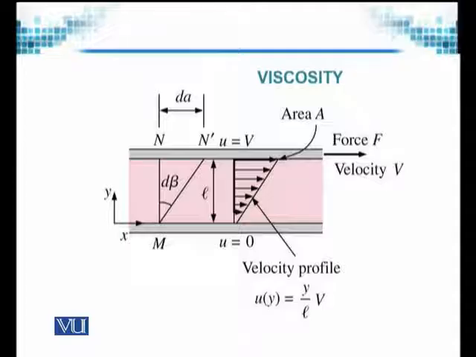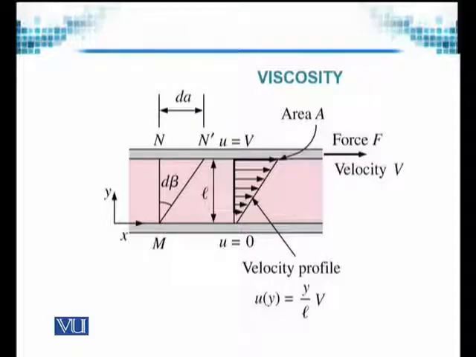So the parameters we have told you: the x direction and y direction are two coordinates, and we are considering its movement. So as I said earlier, u of y, that is the axial component which changes with y, is equal to y over L at any given point. And L is what? The distance between the two plates. And the velocity vector at any point in the fluid represents the value of velocity at that point. The angular movement that is being introduced is given by beta.